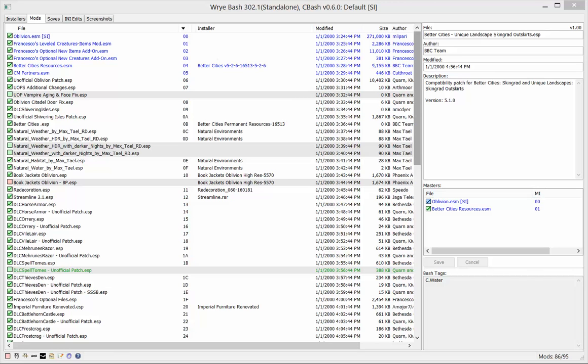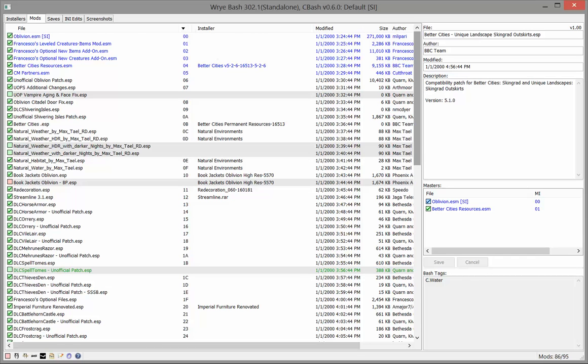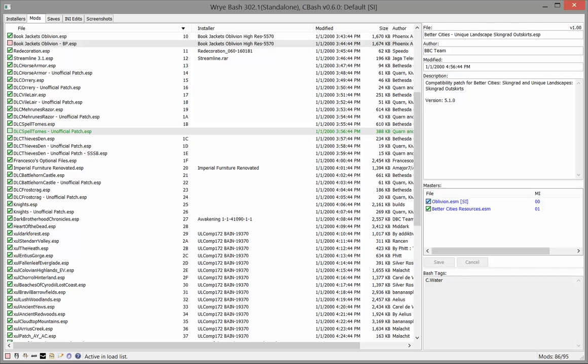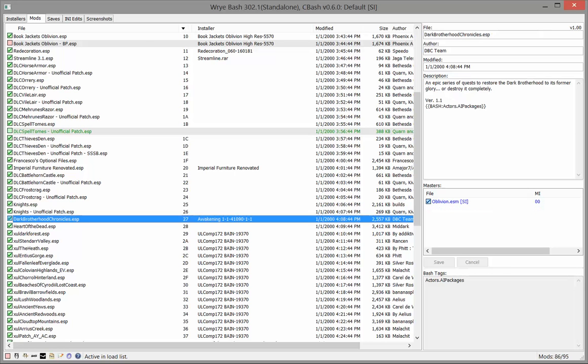Okay, so this is Rybash, and I'm in the mods tab, and I am going to show you how to disable your Beautiful People ESPs using the mod that I just finished, which is Dark Brotherhood Chronicles. Since I am done, I don't need it anymore. Alright, so I'm going to find it, I'm going to deselect it,